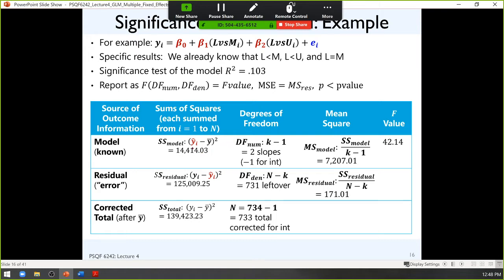So sums of squares model. That is the difference between the custom predicted outcome from the model versus just the sample mean. So it's like how much more information does your model have relative to just guessing that everybody should have the mean? How good is that customization of the predicted outcome? The bigger the,